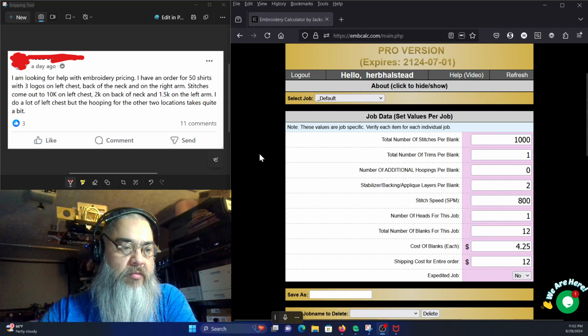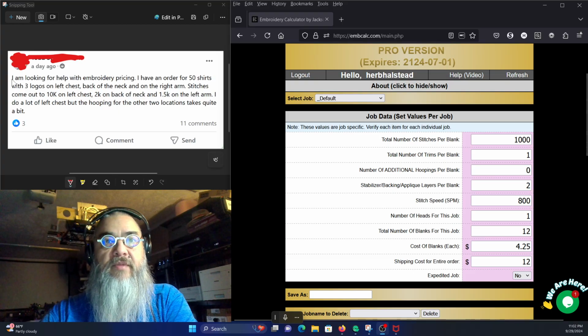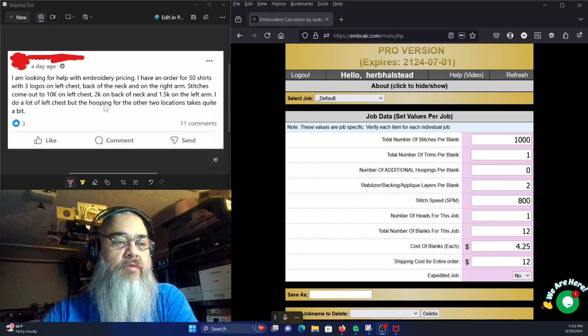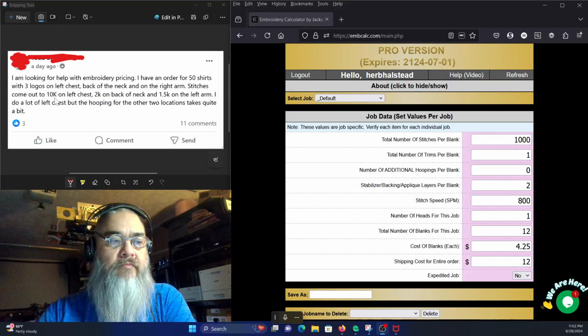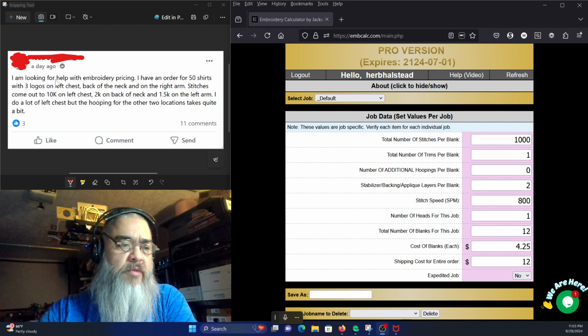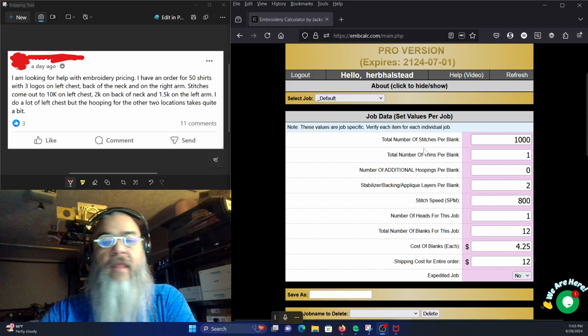A day ago, I was browsing Facebook and found someone looking for some pricing help. This is what they said: I'm looking for help with embroidery pricing. I have an order for 50 shirts with 3 logos on the left chest, back of the neck, and on the right arm. Stitches come out to 10K on the left chest, 2K on the back of neck, and 1.5K on the left arm. I do a lot of left chest, but the hooping for the other 2 locations takes quite a bit. So,